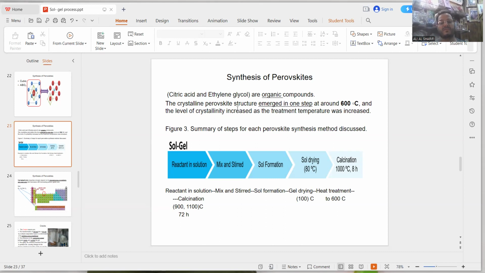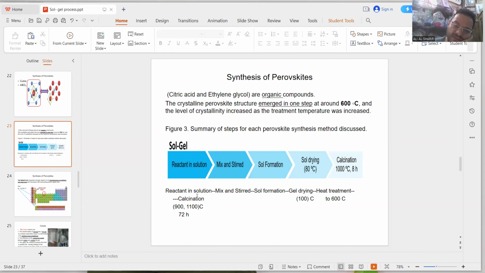Here, from this article, the researcher depends on this diagram. Let's do a simple comparison between this diagram and my study. I worked on reactants in solution,